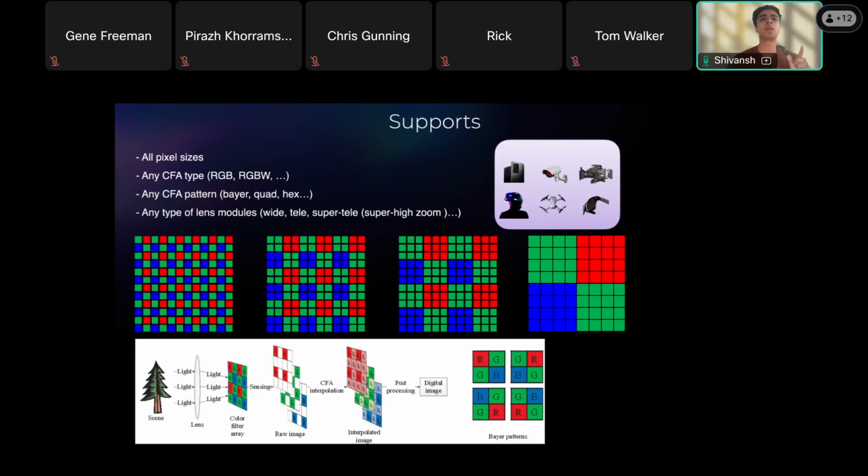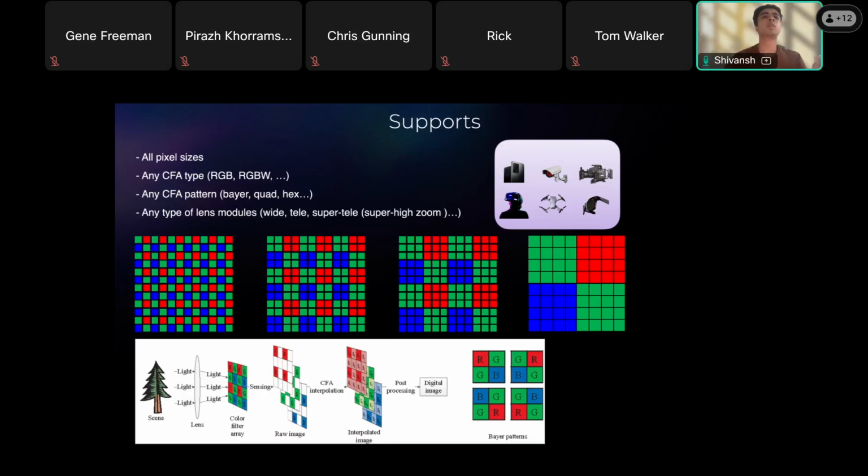The reason CFAs exist is that image sensors only measure brightness. They do not measure color. So once you place these CFA arrays on top of the image sensors, you produce colors for each pixel, and the sensor only captures intensity values through these CFA filters. Then you can use a demosaicing algorithm to reconstruct the full RGB image by estimating the missing values at each pixel from its neighbors. So if you have a red pixel, you use a demosaicing algorithm for interpolation to predict the green and blue, and so on.